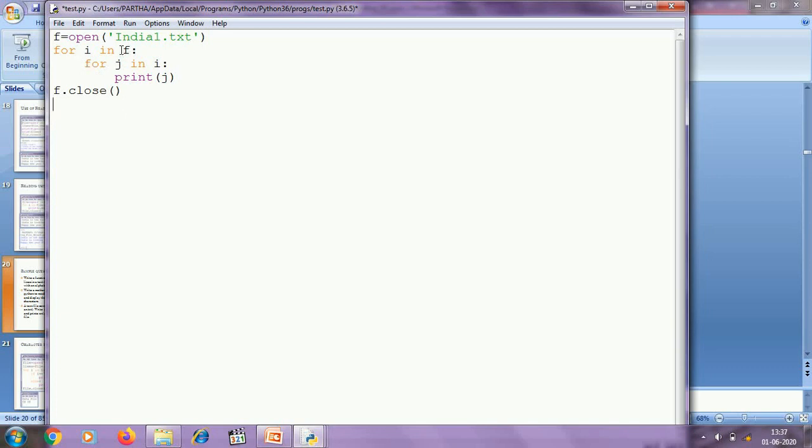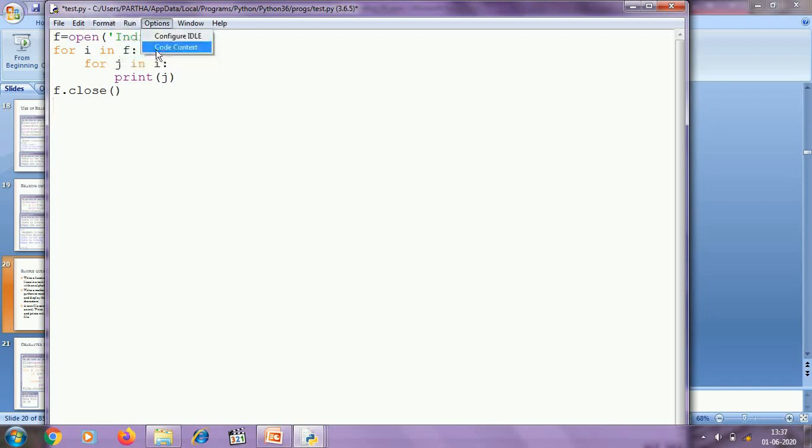So in the first iteration of the outer loop it will fetch the first line, and using the inner loop I am fetching the characters of the first line one by one, and here I am printing. After that, in the next iteration of the outer loop, the second line of the file will be fetched, and using the inner loop we can fetch the characters of the second line one by one. So using this technique we can fetch characters one by one from india1.txt.